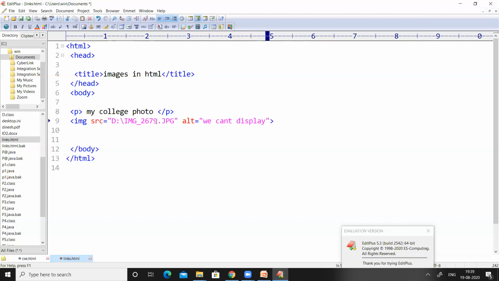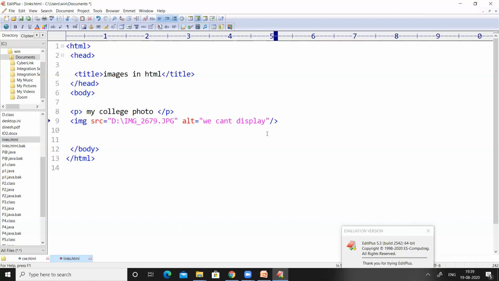If the web browser is capable of displaying the image, it will display this image on the web page. If it cannot display the image, then it will display this message on the web page. Okay, so here I'm going to close this one.